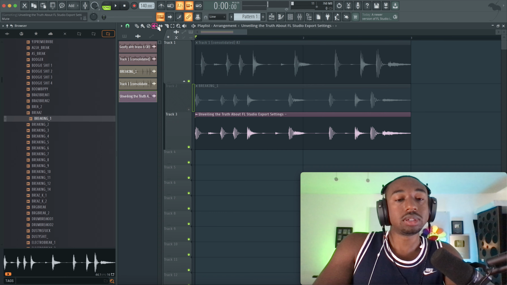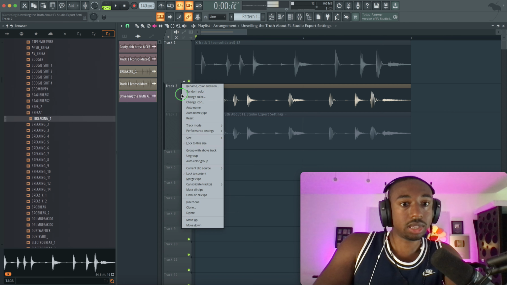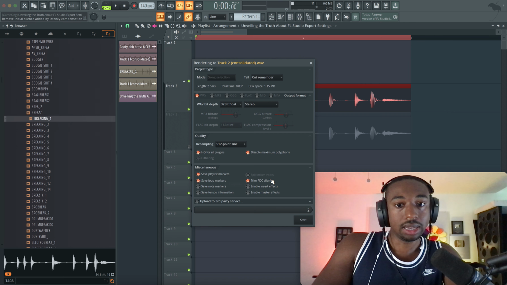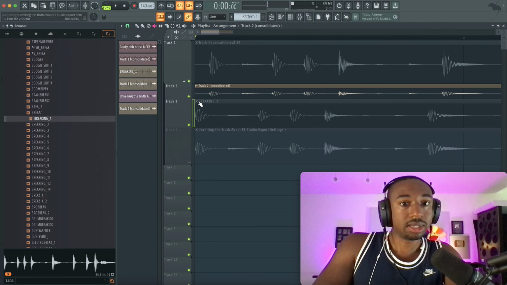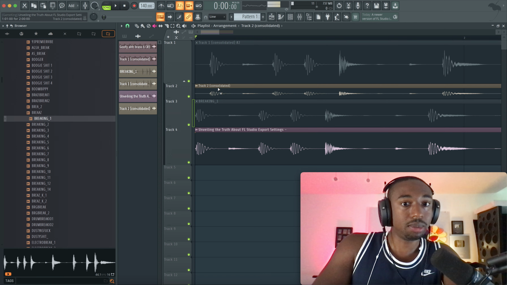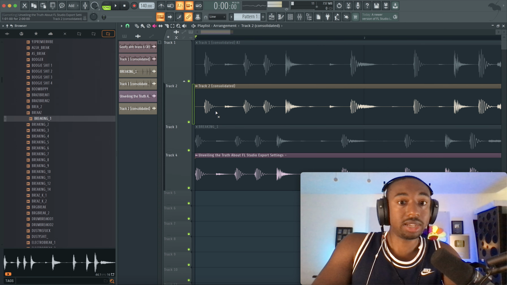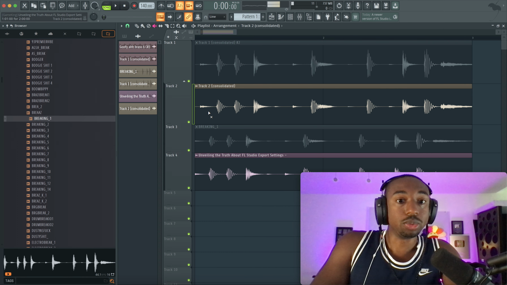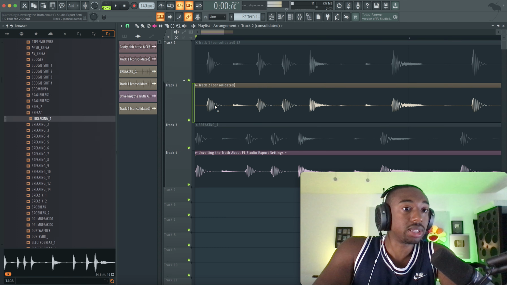But here is what happens normally if we were to render that with the same effects. Okay, so let's right click, consolidate track. We're going to turn on the effects this time, cut remainder. All right, and as we can see, our version through Edison is on time. The version that we rendered through the playlist is not on time. There's this weird delay. So that is ruining your loops and your one shots and all your stuff from FL Studio, even rendering it to WAV.